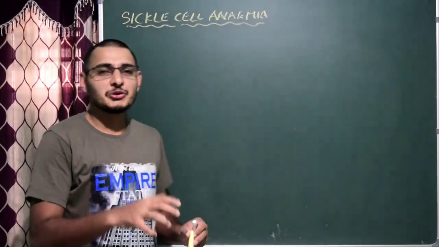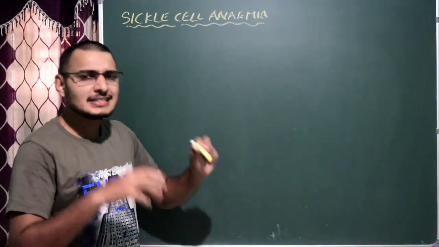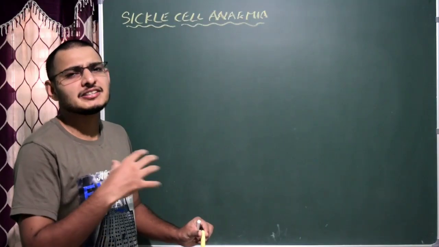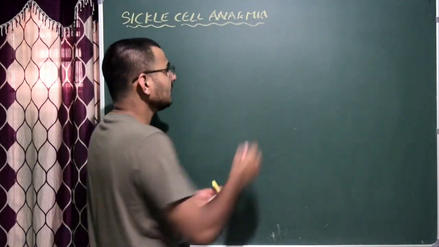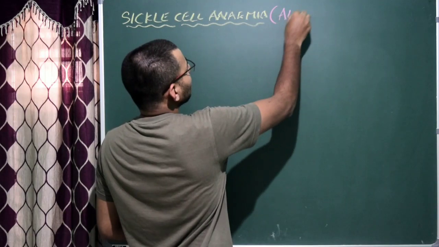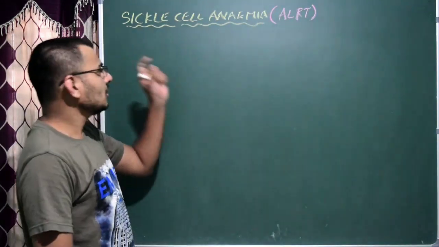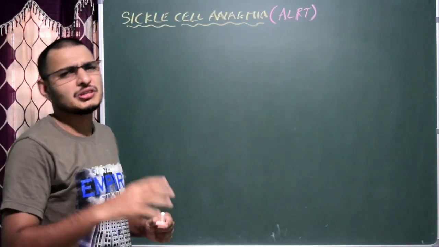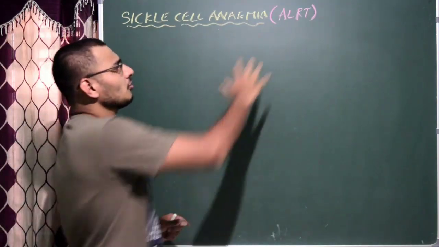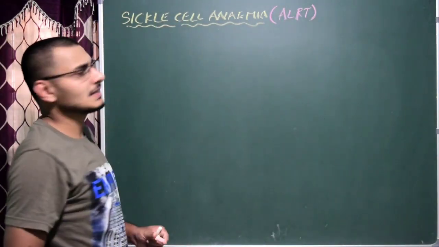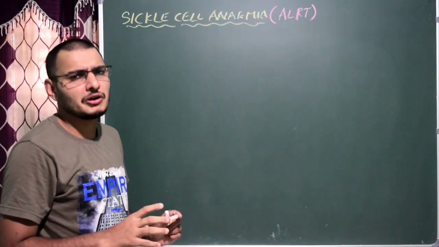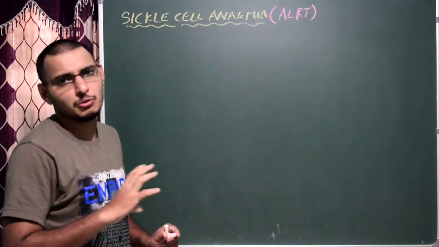In this session, we are going to talk about sickle cell anemia. It is the first autosomal linked recessive trait disorder. I write here autosomal linked recessive trait disorder. Remember it, very important. Like in our NCERT book, there are 4 examples given for this. The first one is sickle cell anemia, a very important concept for your NEET as well as for board examination.